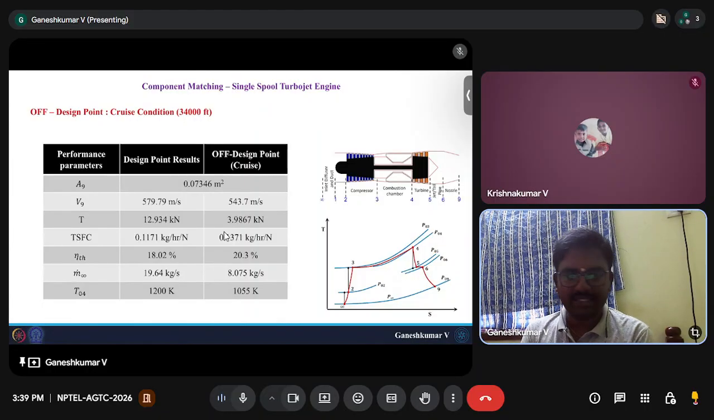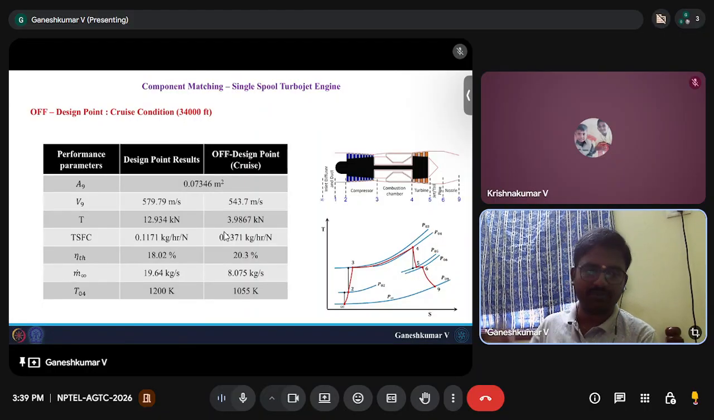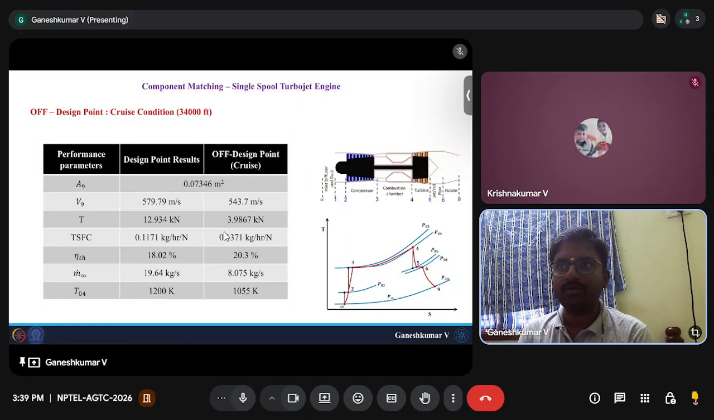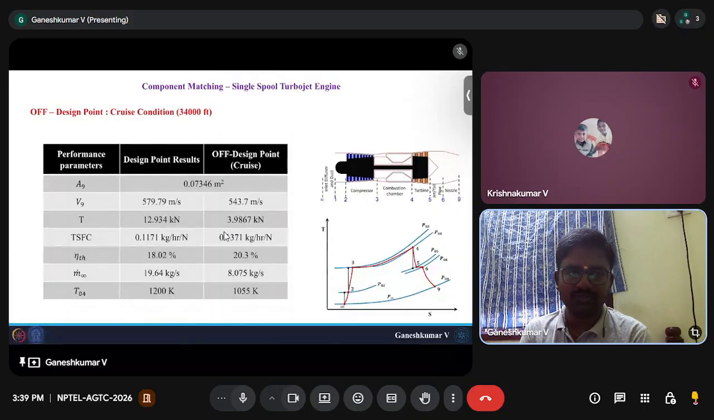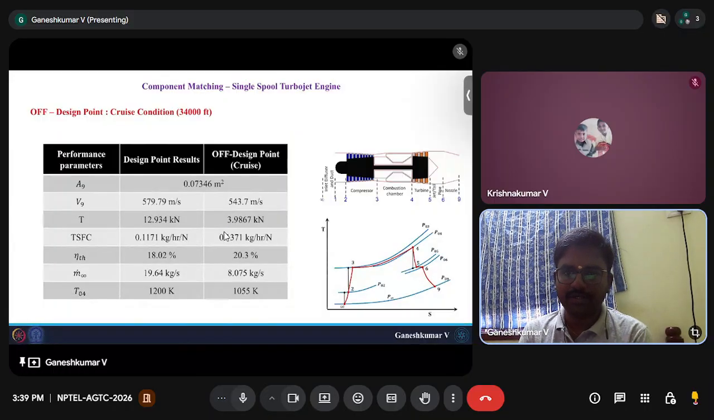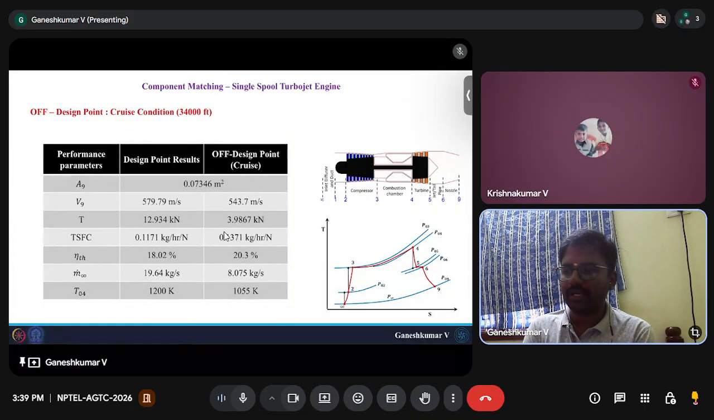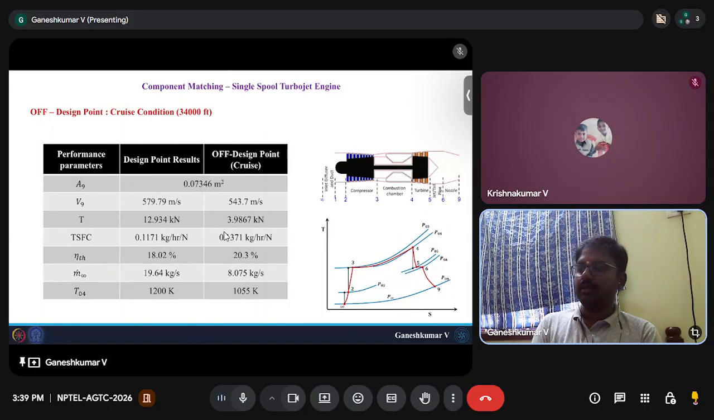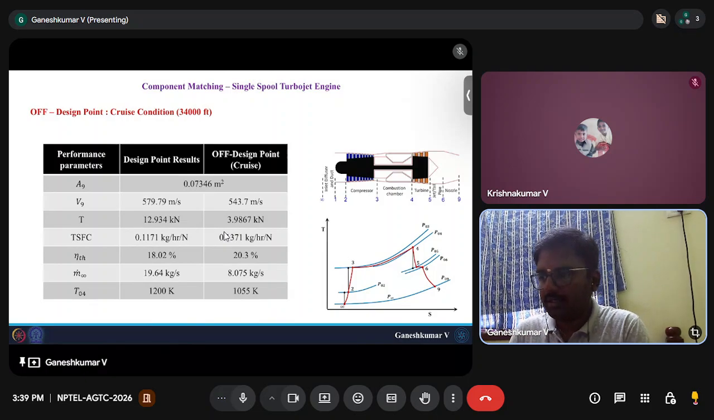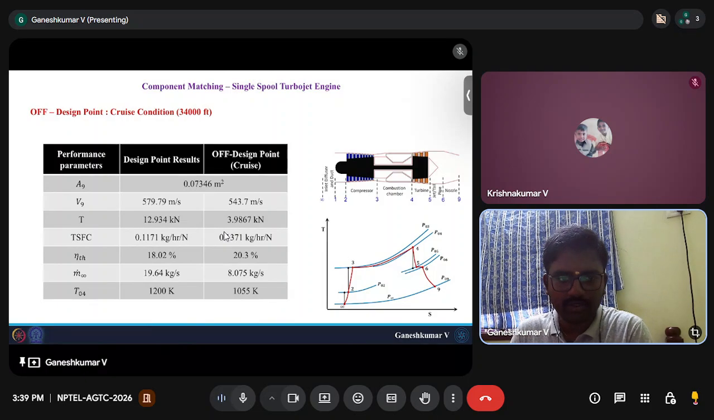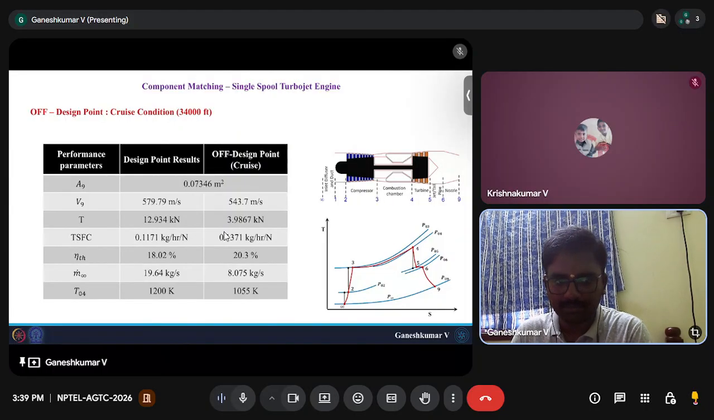M dot infinity has reduced, which is expected because you are flying at a very high altitude, but you are flying at a much faster rate, so that's why you see it reduced by half. Around 8 kilograms per second. And the T04 for the design point is 1200 Kelvin, and for the off design point during the cruise, you do not need that high a temperature, so the turbine is also safe,